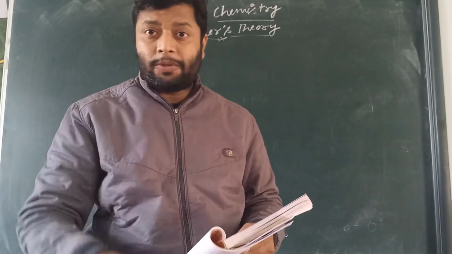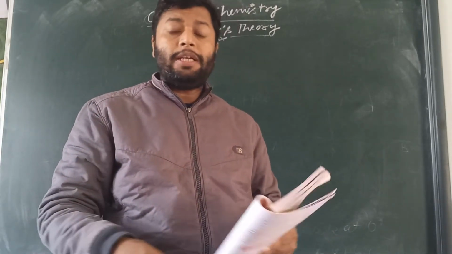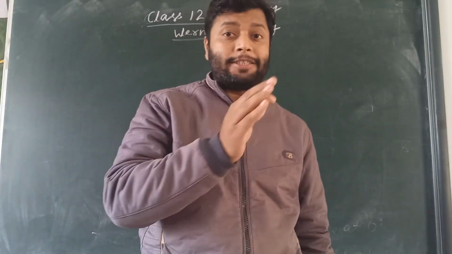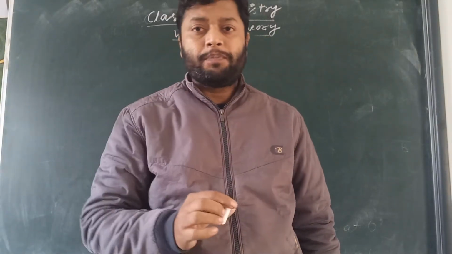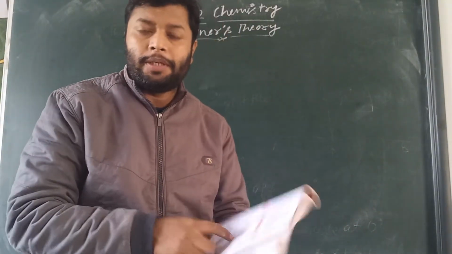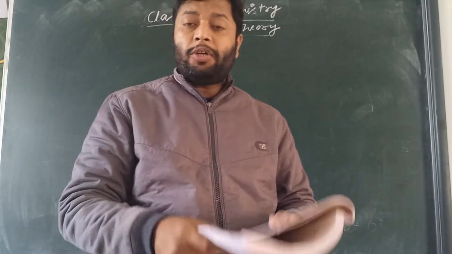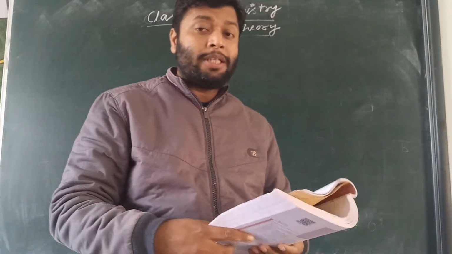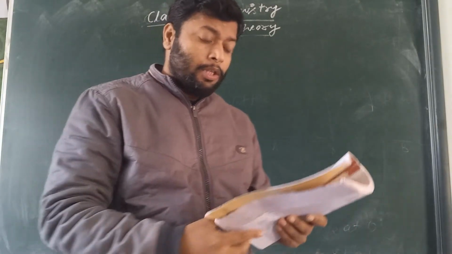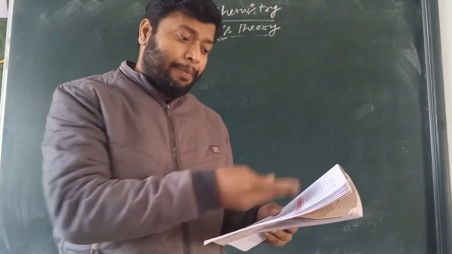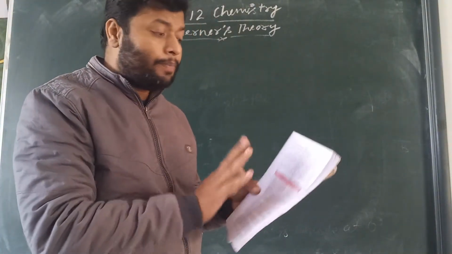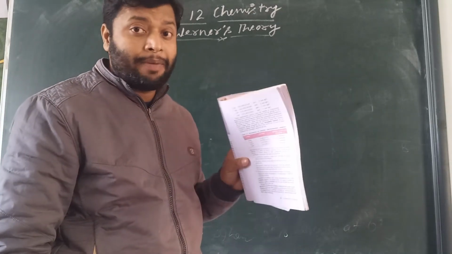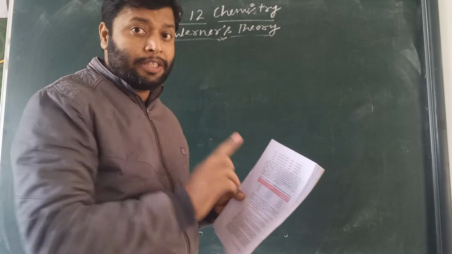cobalt chloride and ammonia. It is the same example, when silver nitrate solution is passed through the complex compounds of cobalt chloride and ammonia. Let's discuss what he observed, and with the help of that we'll try to conclude Werner's theory. So here are some observations. I am going to write one of the tables given in the NCERT. That is a very important table, so you should learn this table also.